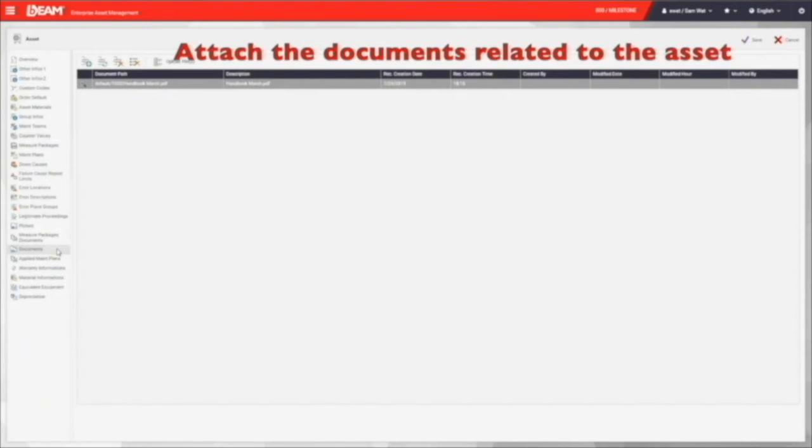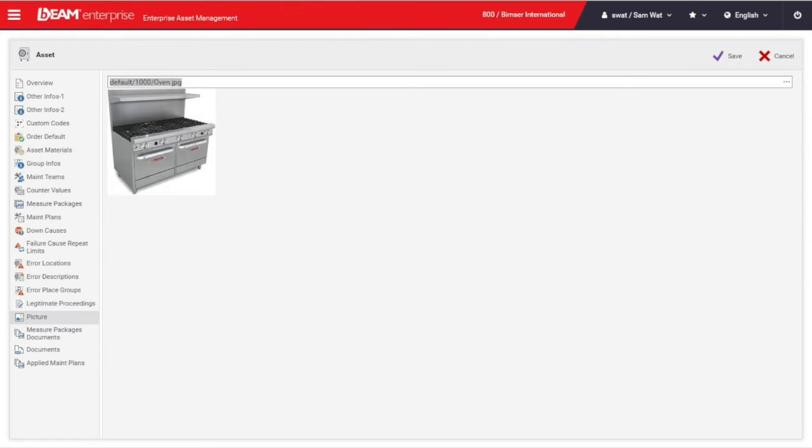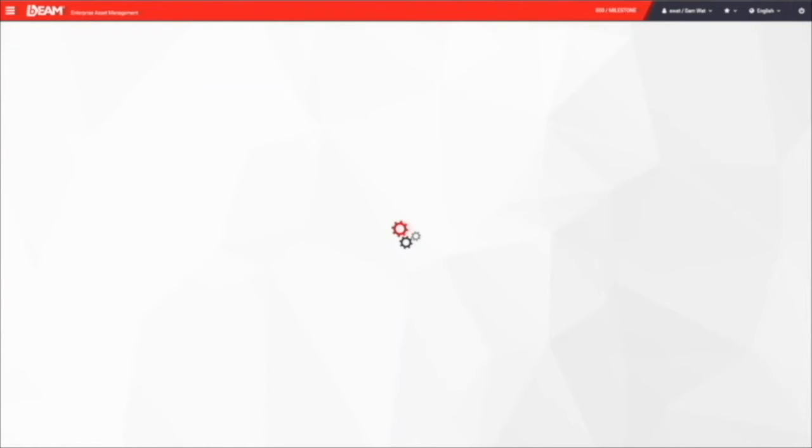Any handbooks, instructions, or certifications can be attached under the document fields. You can also upload the picture of this asset here too. After you have filled in all the information, you can save it and the new asset and its information will be saved